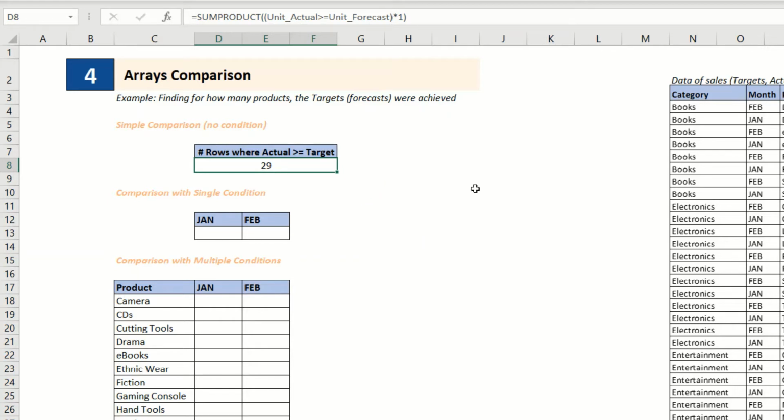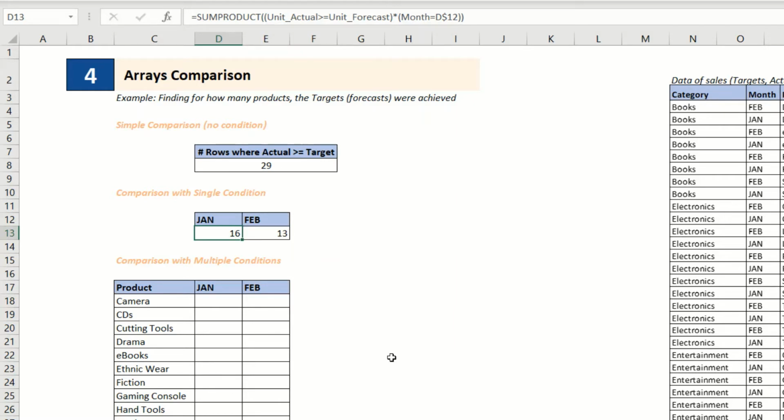And we can break down this number for the months of January and February. So let me copy this formula out here and paste it below. And I can modify this formula to first remove the 1 out here and add another array to it, which is going to be the month array. And I can give it a value of this label January and also freeze the rows and hit enter. I will also apply this formula on the right by hitting Ctrl R. So the total of these two is 29, which is same as the number above.